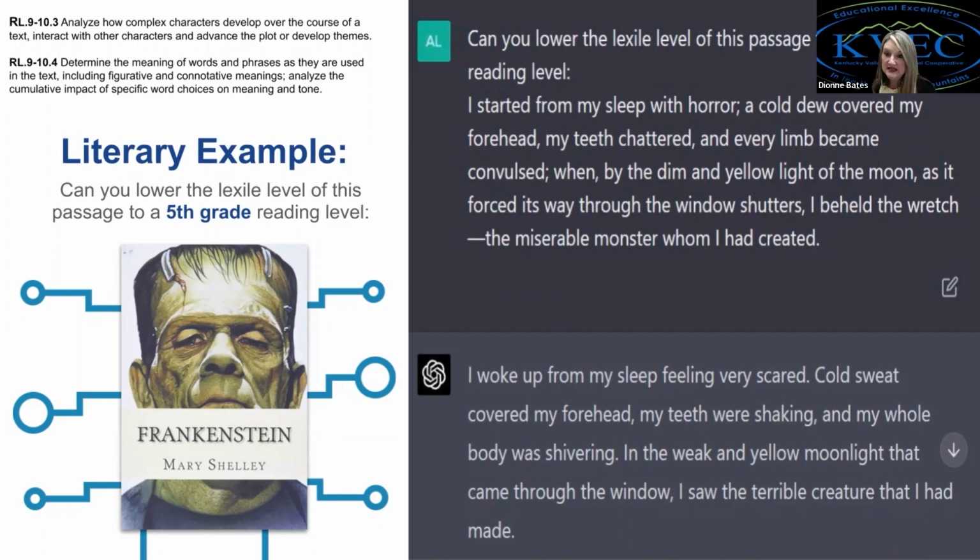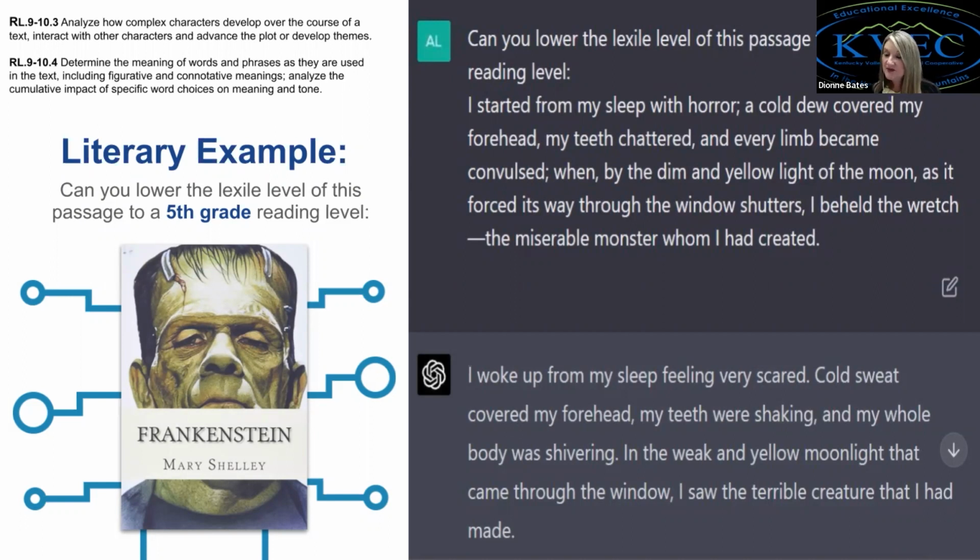And so that text, then we ask ChatGPT to lower that Lexile to a 5th grade Lexile level. And you can see what that looks like from this example. So we very quickly were able to have it lower that text. So I may choose just a piece of text because I'm teaching a particular skill. Maybe I'm working on meaning or tone and word choice, or I'm looking at character development. So I'm going to take an excerpt of that text, but you can see quickly that makes it much more